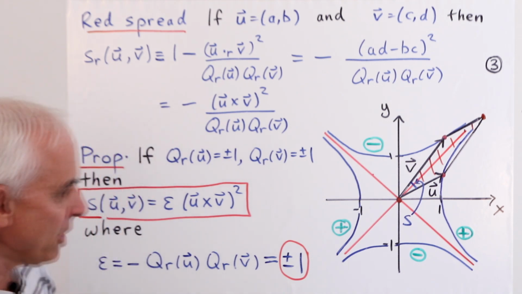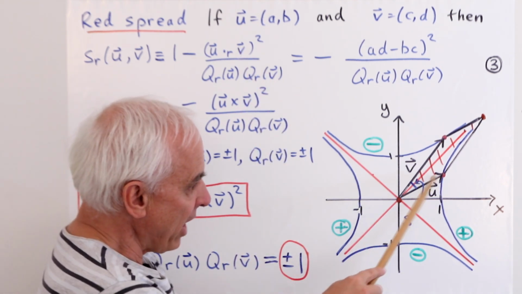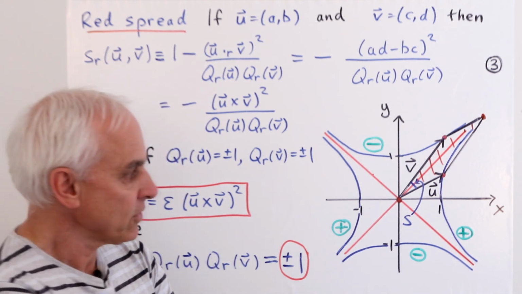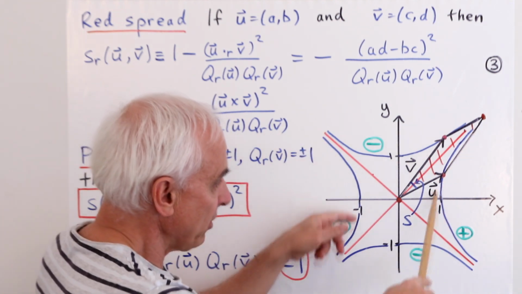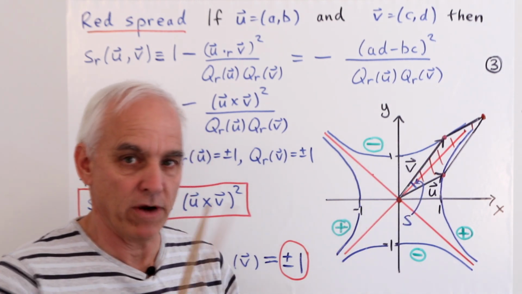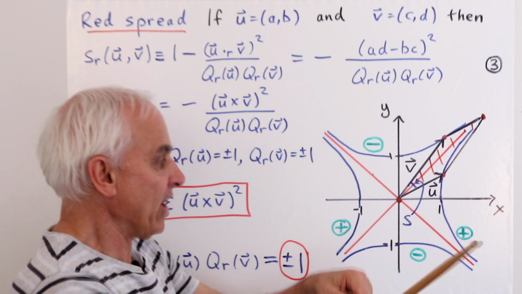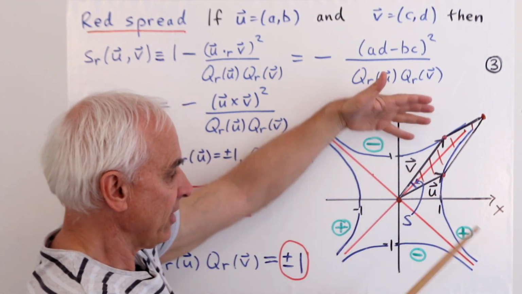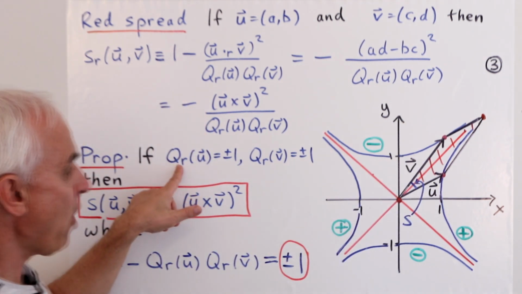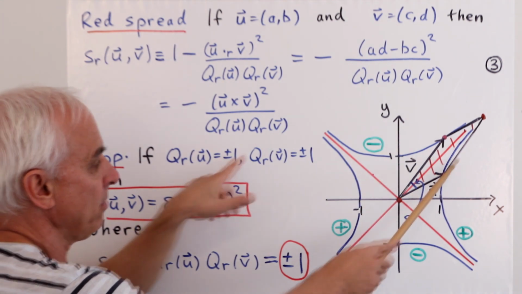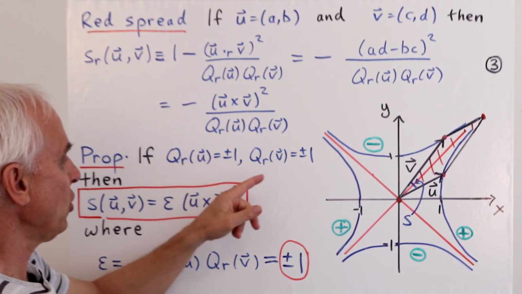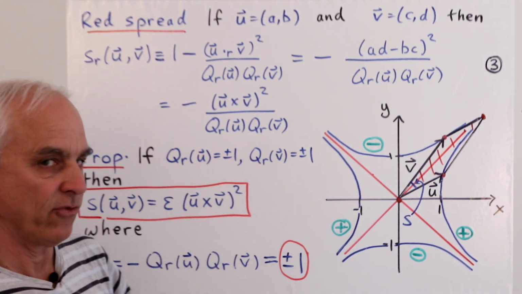So how does that go? Suppose that we have our vectors u and v, and suppose that they are on the unit circles. So u is somewhere on the unit circle, either on the positive one or the negative one, and v also is on one of those circles. They could both be on the same circle or on different circles like this. We don't really care, as long as they're both on the circles. In that case, the quadrance of both of them will be either plus or minus 1, because this is quadrance 1 and this is quadrance negative 1.